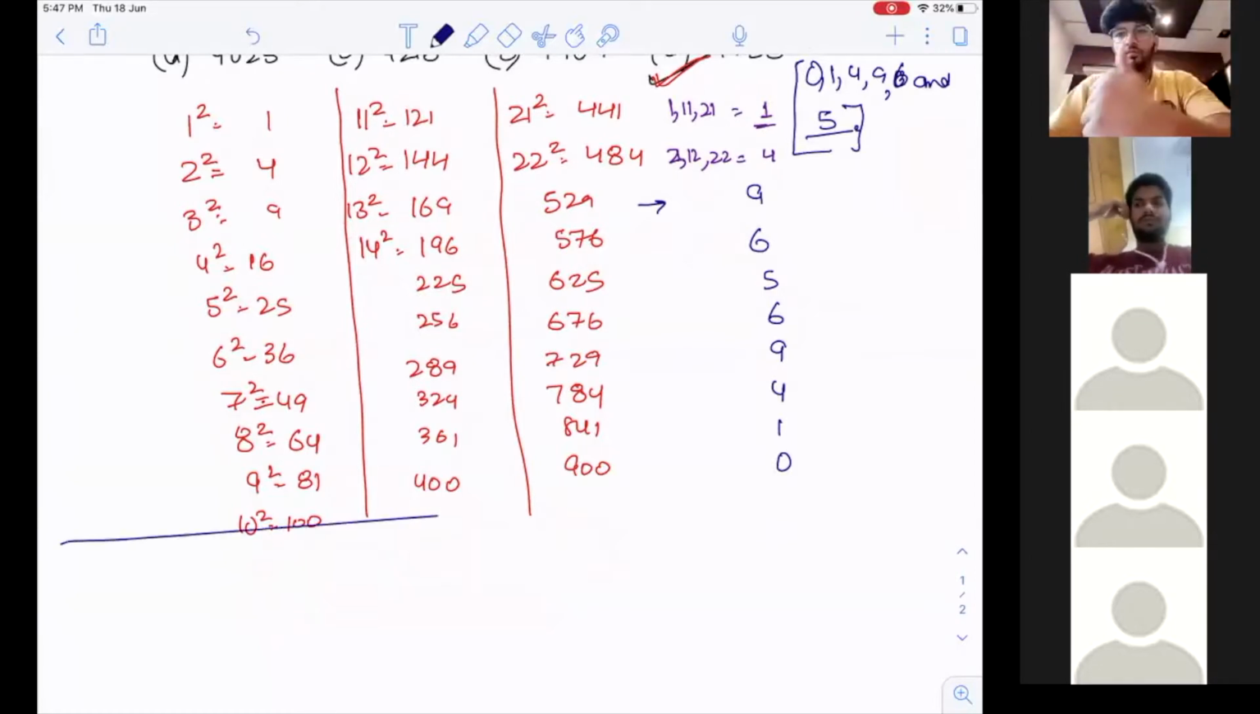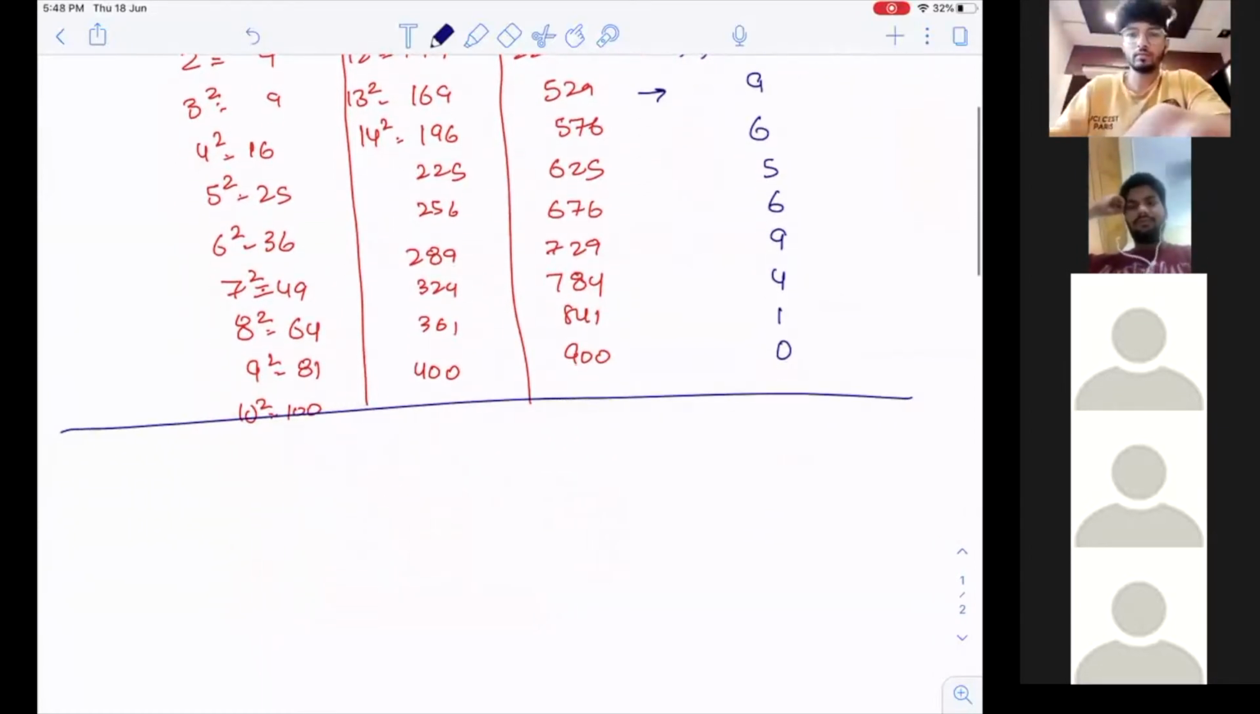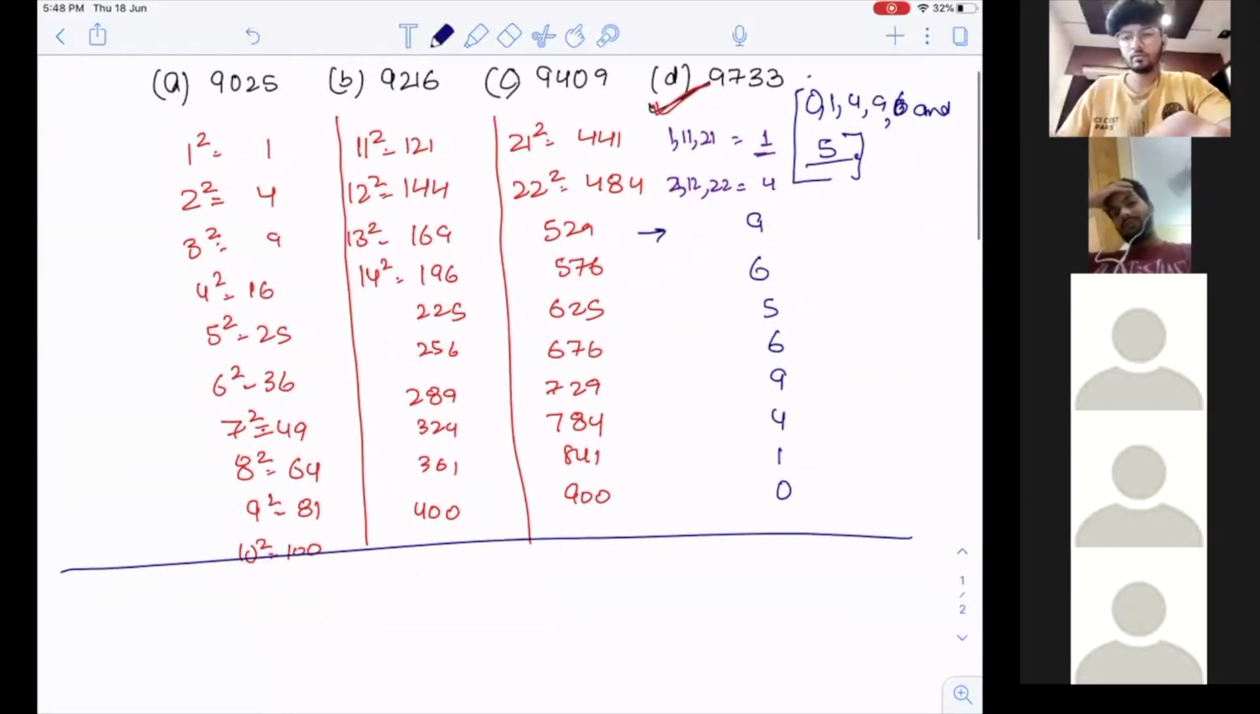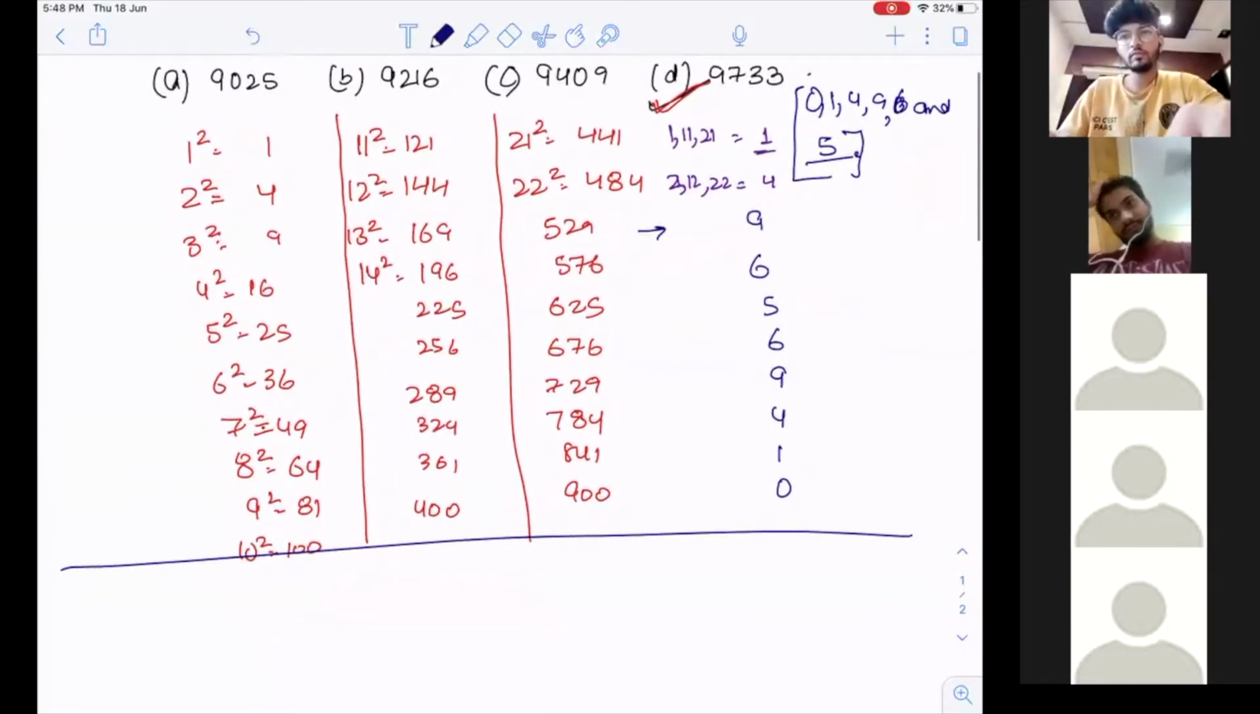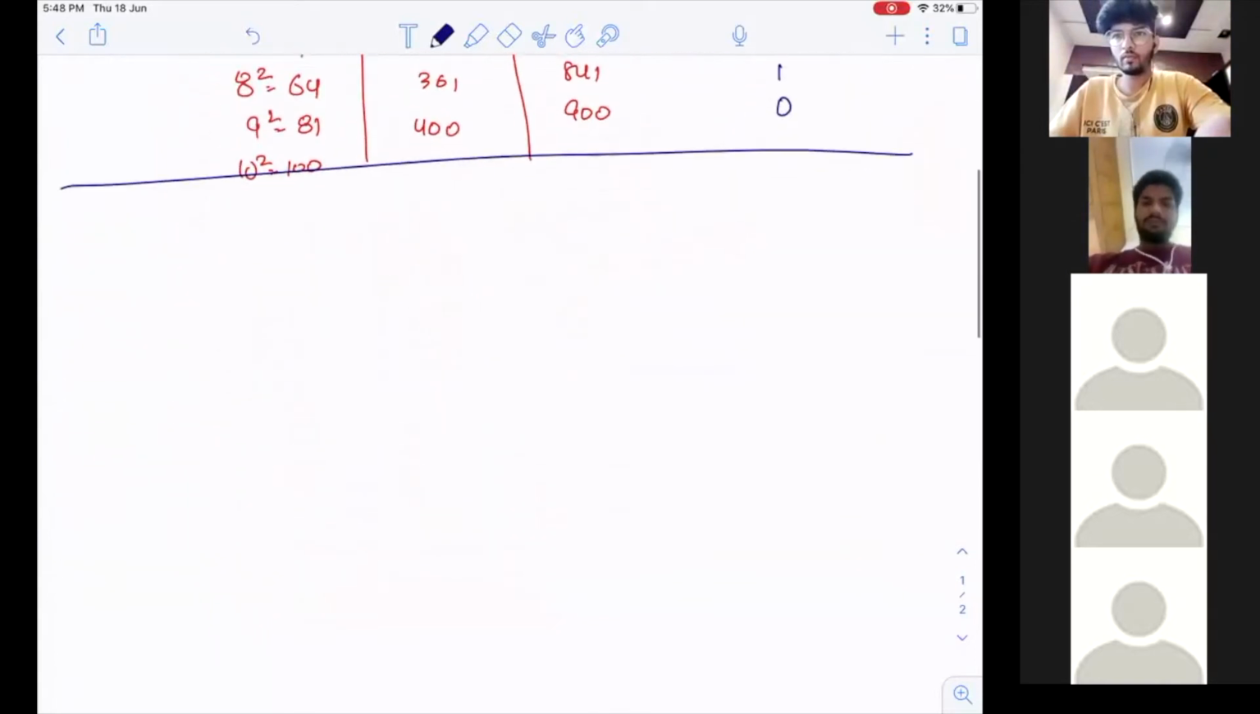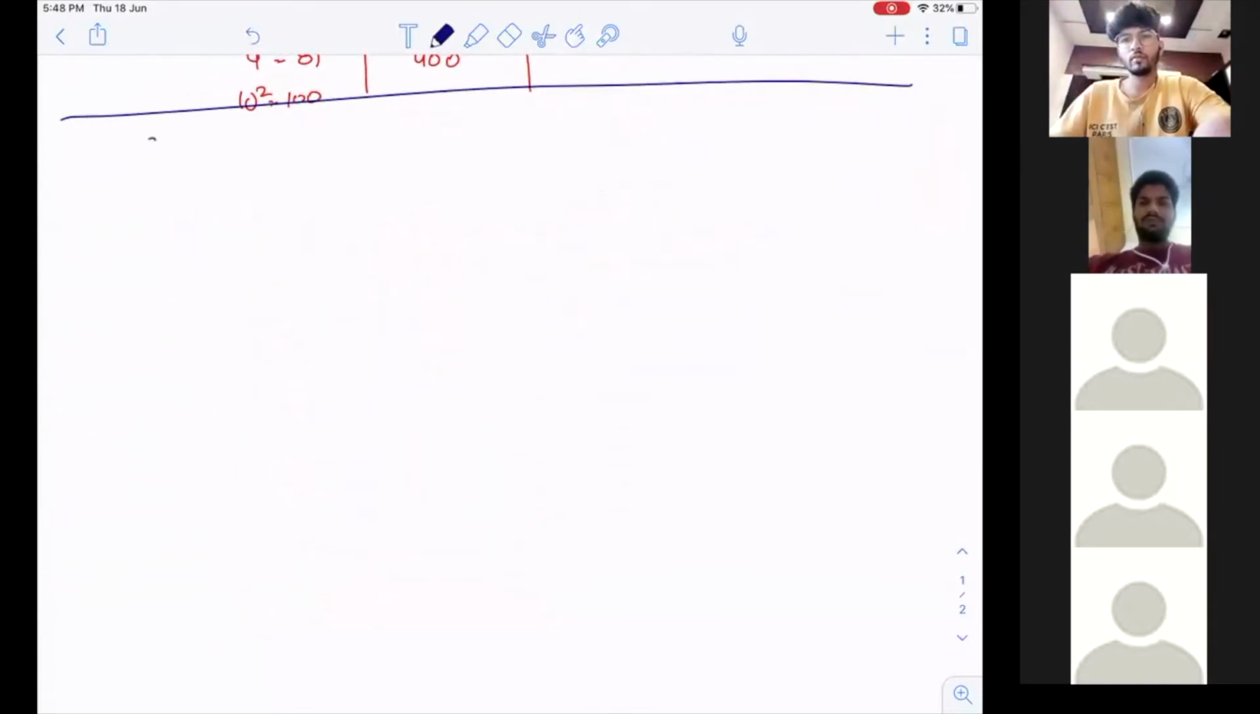Now let's go ahead. Can I move ahead? This is something you need to remember. I expect you to remember it. If you do not remember it, I'll send you the notes right now so you'll be able to get through it. Now, we talk about squares